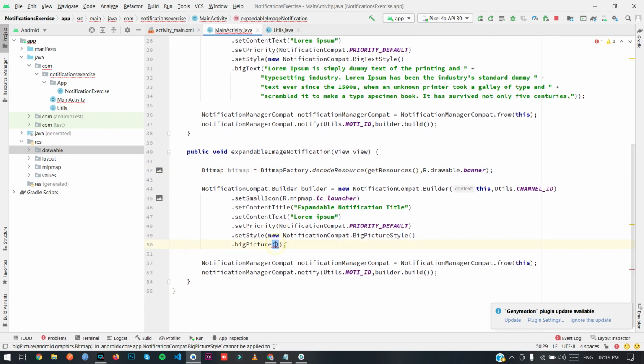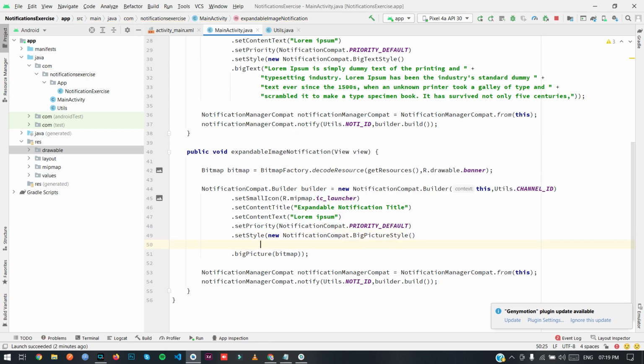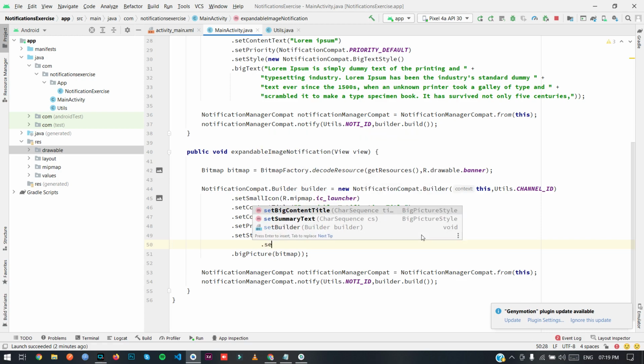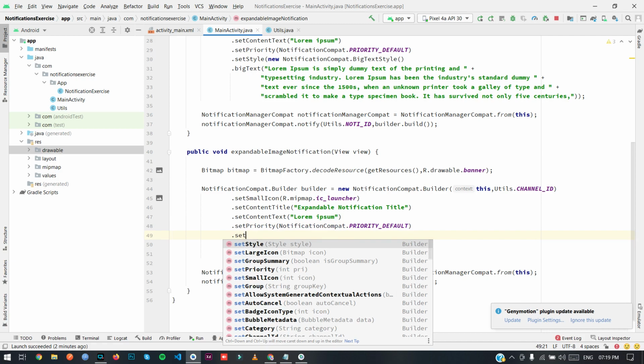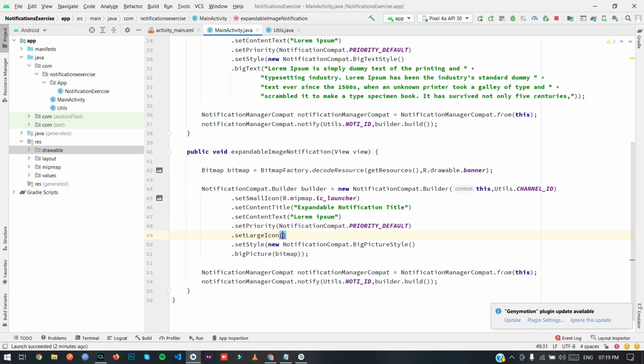So now we just need to pass the bitmap, and for showing a large icon, we need to set it. Just pass the same bitmap.